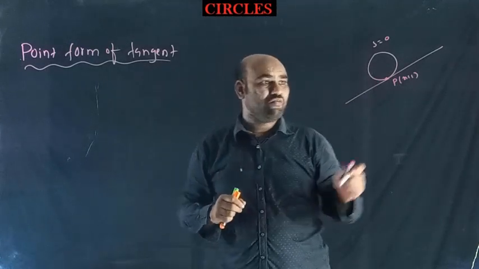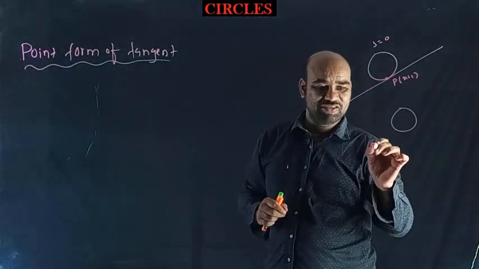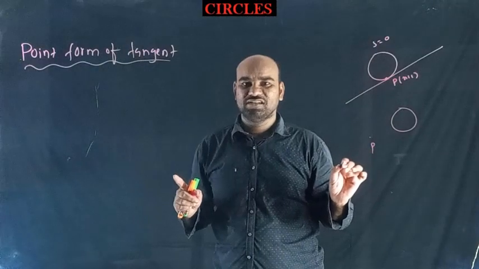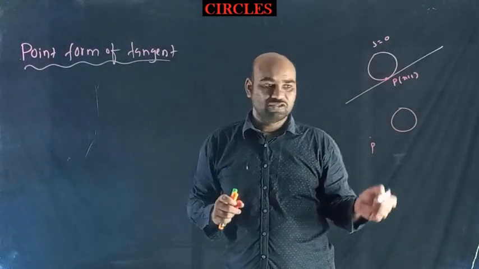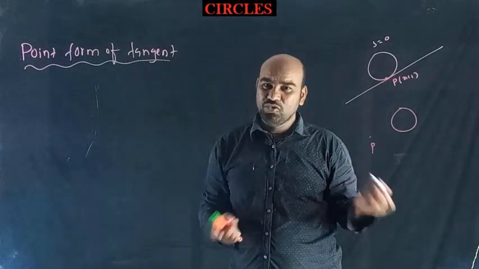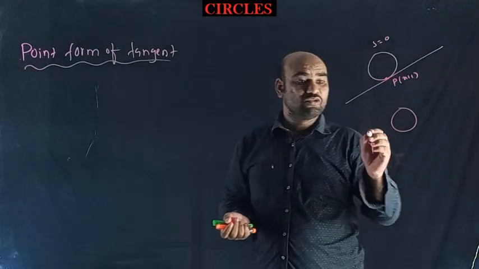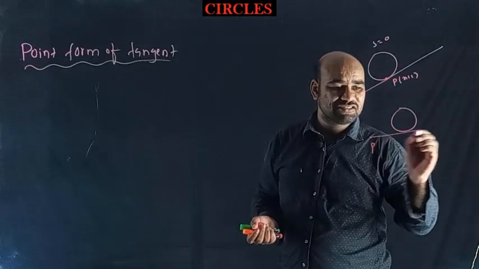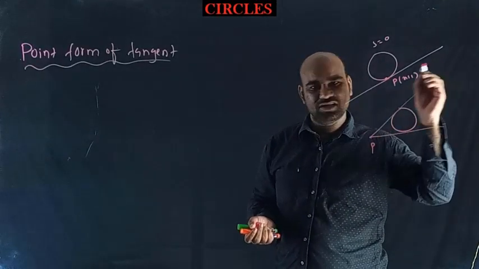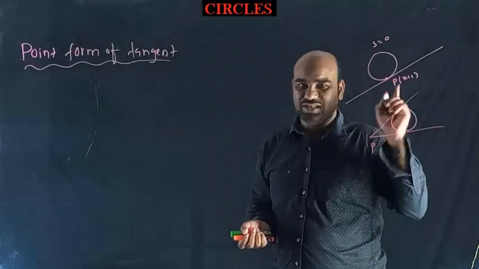Okay. One more thing. A circle is given. A point is given which is not on the circle, outside the circle. Through this point you can draw two tangents. Already proved. Again I will prove, after completion of this. Through this point you can draw two tangents. Only two tangents you can draw for the circle.